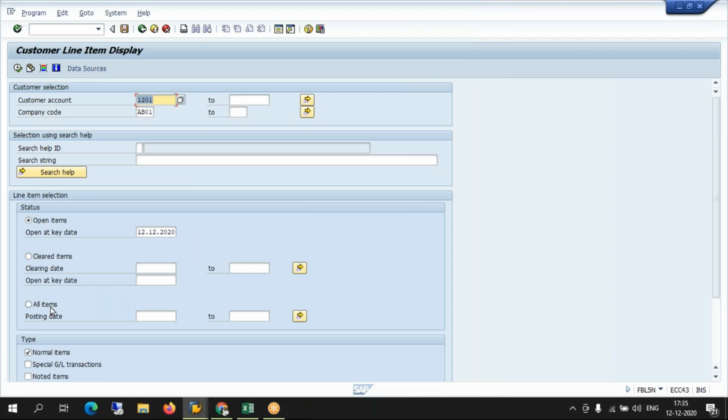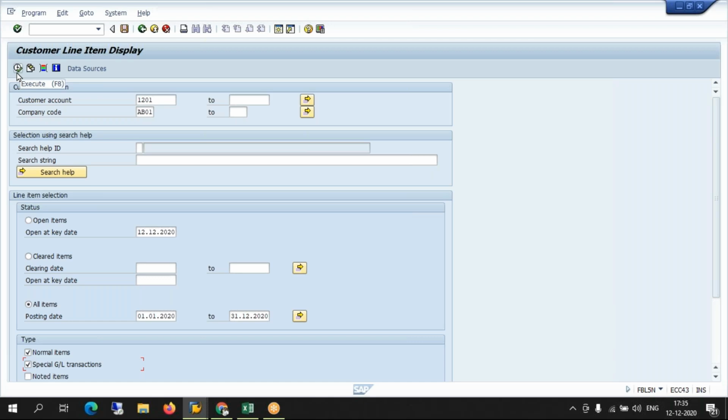So for this customer, what are the transactions that have been done? I'll select the whole year from 1/1 to 31/12. So when I click on execute, the system is going to go to the application layer, which comes into picture here.